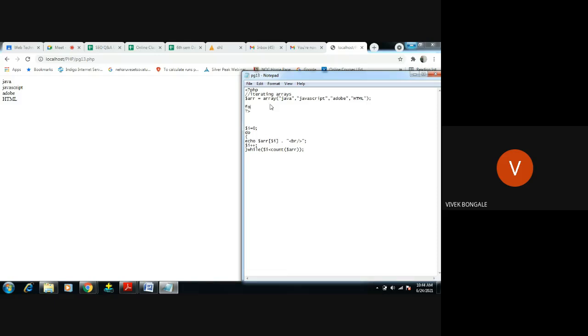For keyword, then in for, first always comes the initialization, first step, correct? Next condition, then increment.